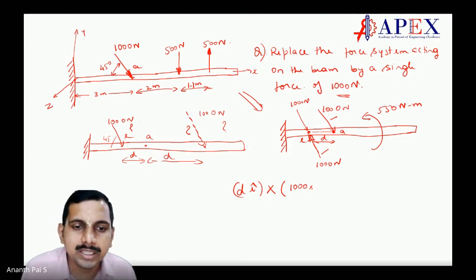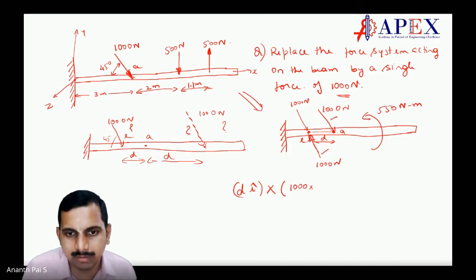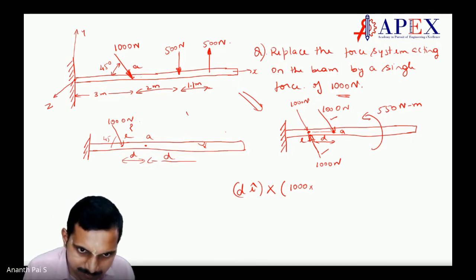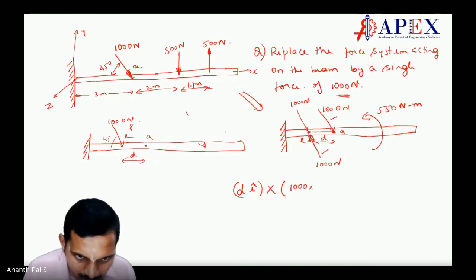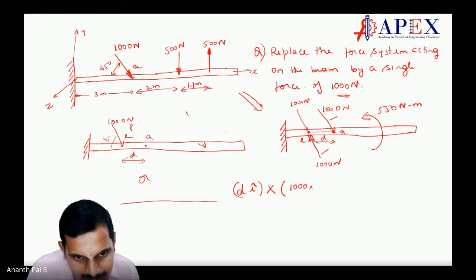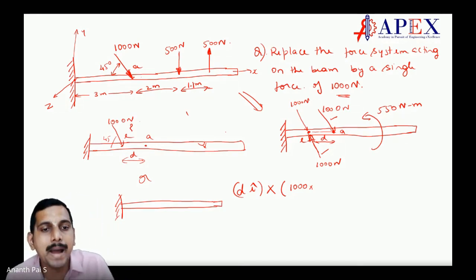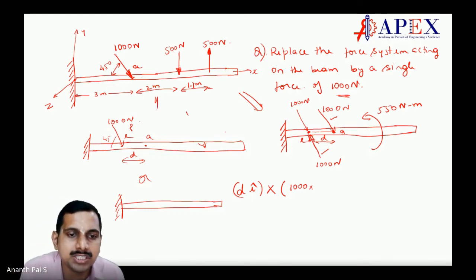So we have the already present 1000 Newton. We have to replace that force only with the total force, or are we adding another 1000? We are not adding. We are saying this is equivalent. This is equivalent to what? Either this or this. So the already present 1000 Newton, we are moving to the right or left, and saying that this particular force is equivalent to this.